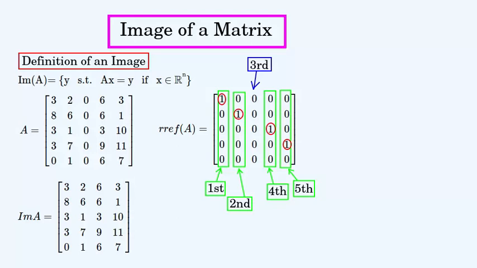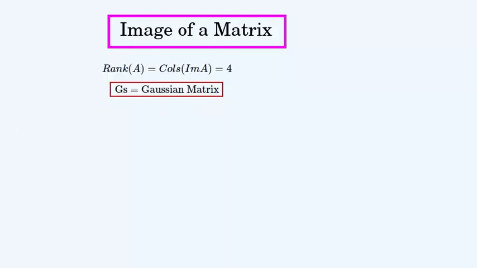This is a good way to store these vectors, because they can be separated out and treated separately, and are stored compactly. And so the next thing we have to do is to get the Gaussian matrix of the image matrix of A, when we treat the image of A like a matrix. This matrix doesn't really have an inverse, because it isn't a square matrix. But it does have a matrix that can be multiplied on the left by it to give its reduced row